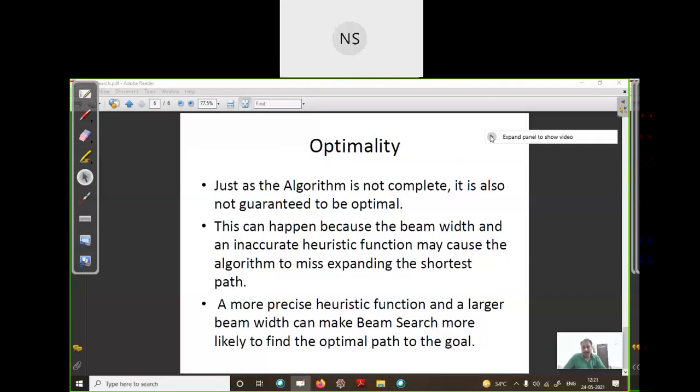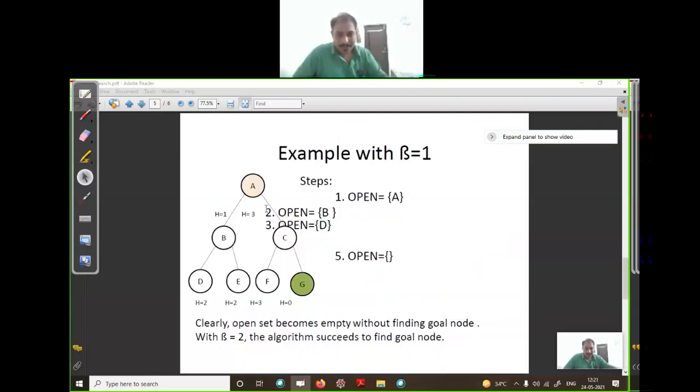Sir, is backtracking allowed in this algorithm? Yes. This algorithm works the same as the best first search technique, and here we can apply backtracking. Just see, set the value of beta as 2. Now find the solution. First, we start from the initial state, remove A, and enter the two best successors. As there are only two successors, we enter B and C in our list, and B has the least heuristic value, so we enter B first, then C.